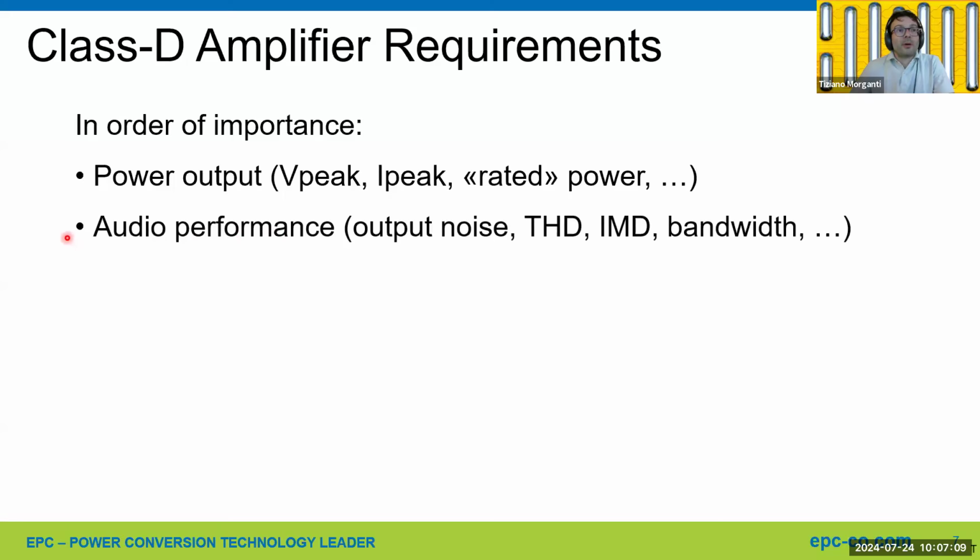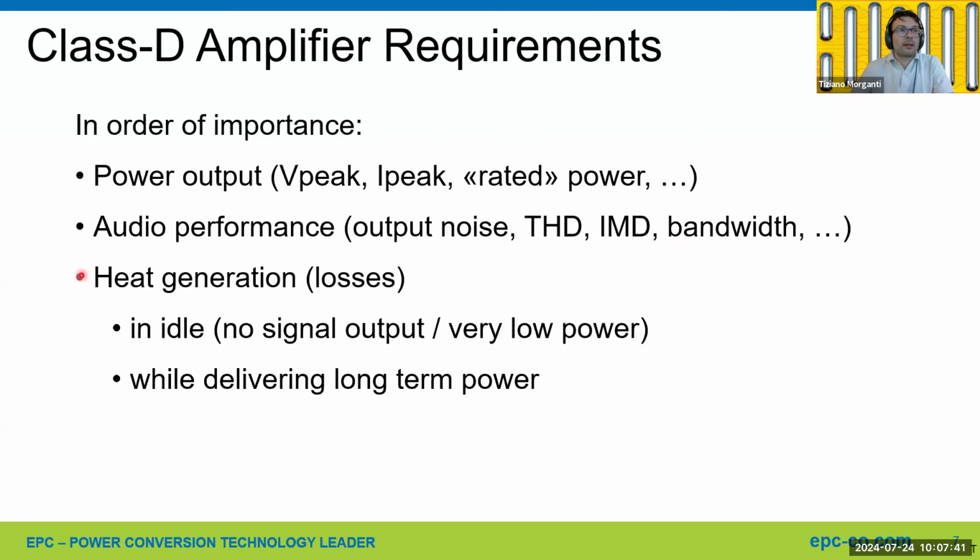Then we need to achieve sufficient audio performance. Depending on the application, we can have different requirements, from very easy to achieve to very challenging, in terms of output noise, total harmonic distortion, and intermodulation distortion, and the bandwidth needs to cover the 20 to 20 kilohertz audio bandwidth at least. Then the next requirement